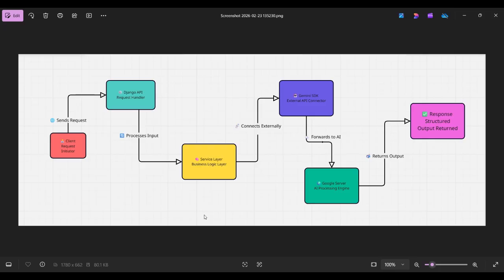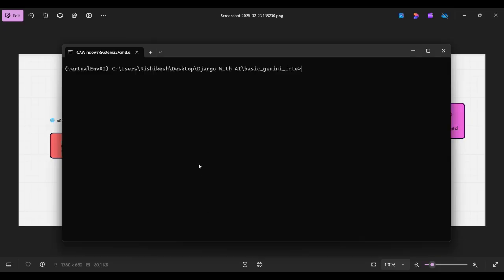Now, let's move to the project which I made. First of all, we need to start the project with the command django-admin startproject and a project name. After that, we enter the project name, which I already made, that is basic Gemini integration.